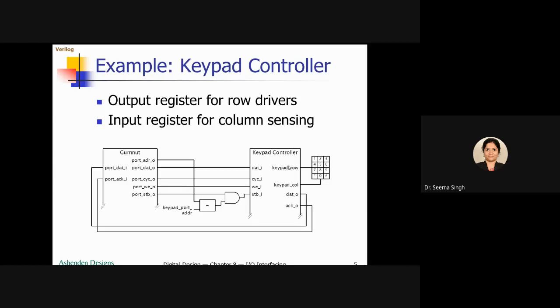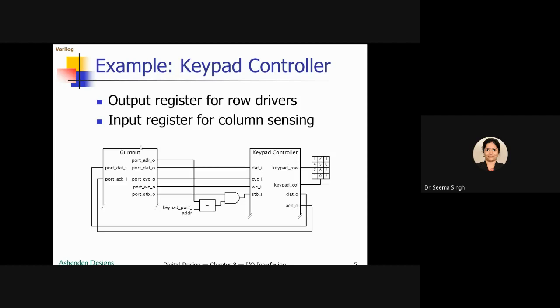If more than one device is being controlled by the controller, then it is not a simple IO controller. It is a more modified, complex version of IO controller. Now I told in the last class also, there we use something called the Gumnut processor. So you can understand that this is a complete processor. This processor will be interfacing with many IO devices.